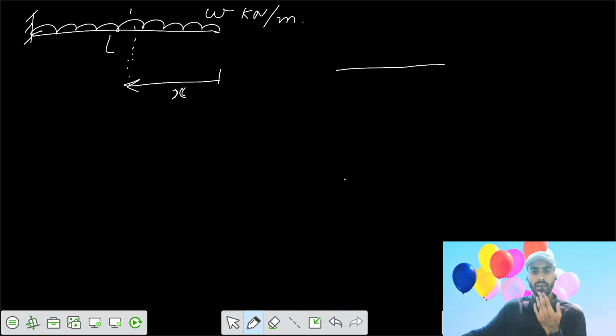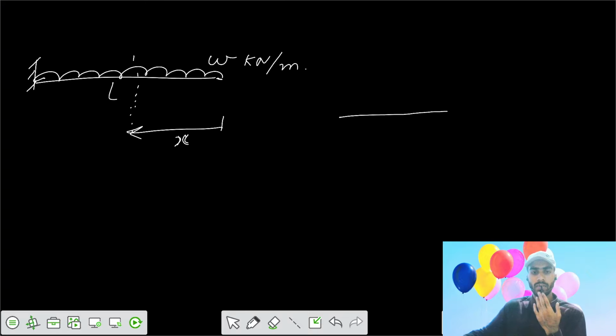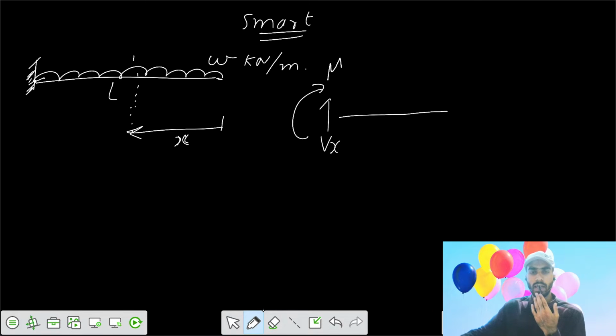You don't need to get the reactions also. This is a very smart approach, because you don't need to calculate the reactions. So we can say at x, the shear force acting here is Vx, and the bending moment at x equals Mx, and the external loading was W kilonewton per meter, and here there is no load, so